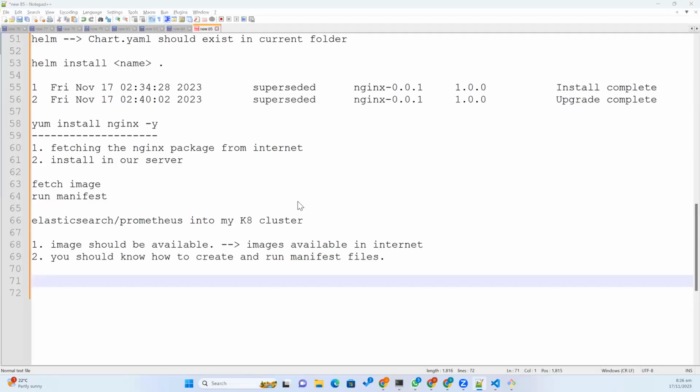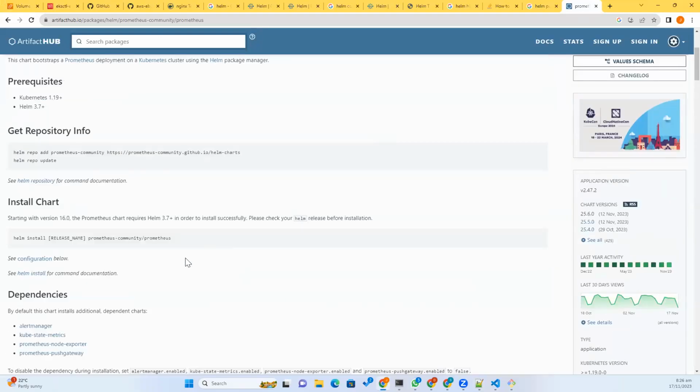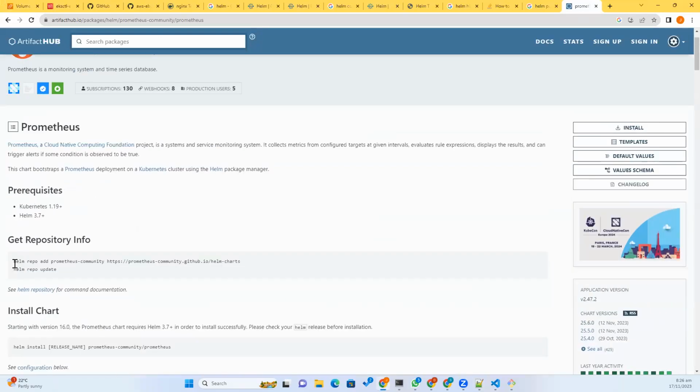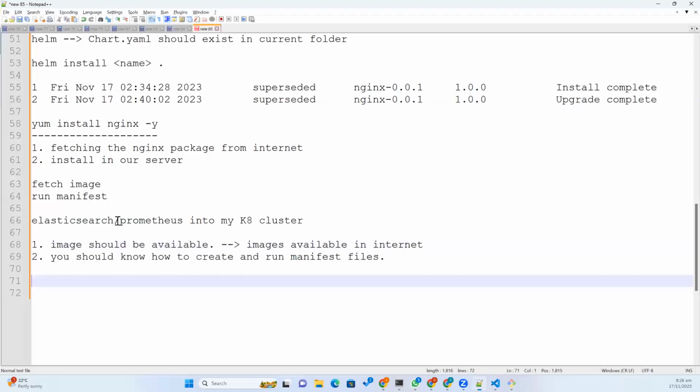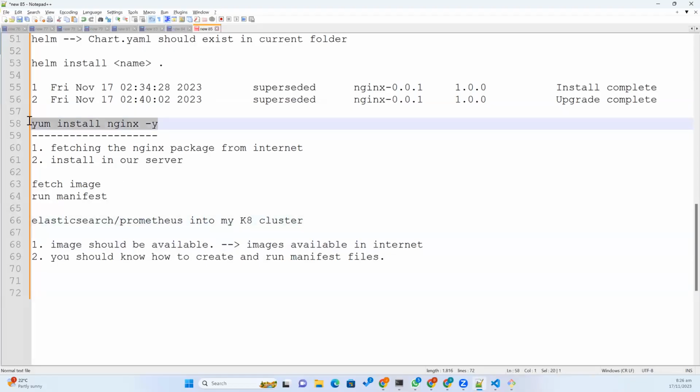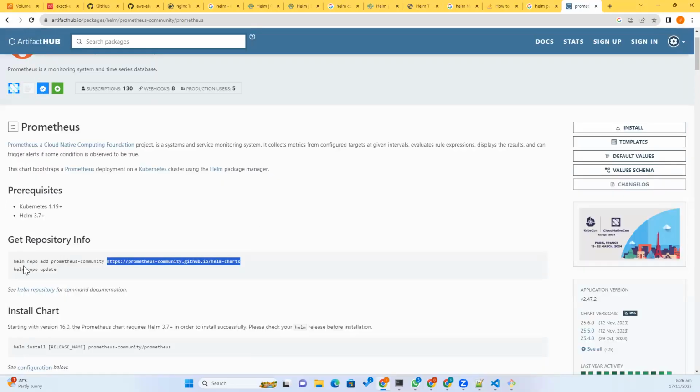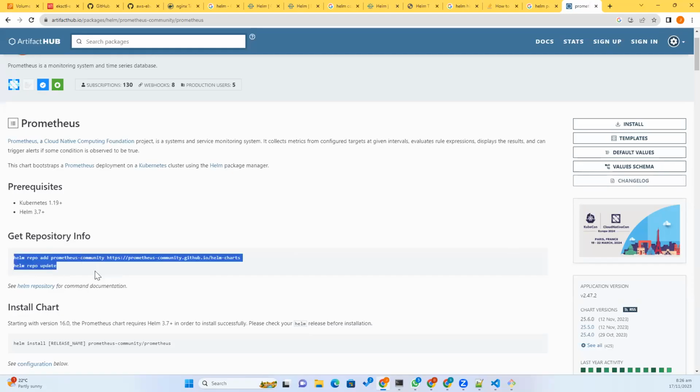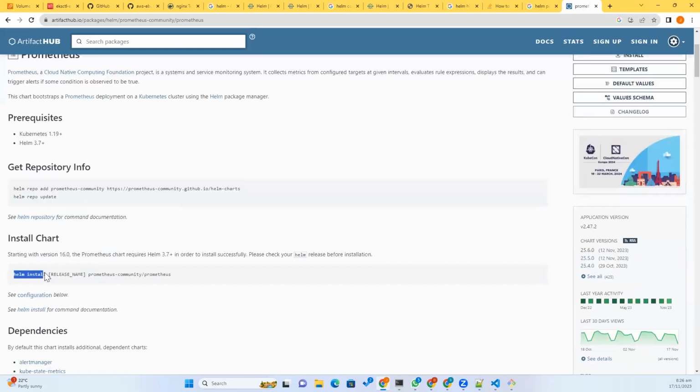If you just see this here, you need to add that Helm repo; this is the Prometheus URL. Ultimately, when you are installing Nginx also, it should fetch the package from somewhere on the internet. The same thing is happening here. You are adding the Helm repo. This is the repo name and this is the URL. Then you are just updating it, just like yum update, and now you can run helm install